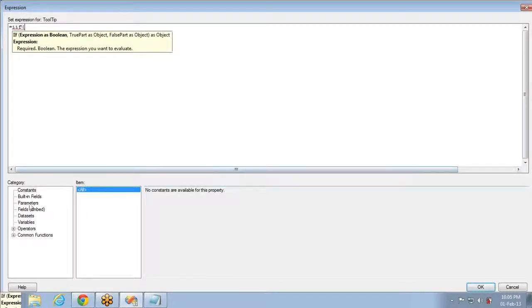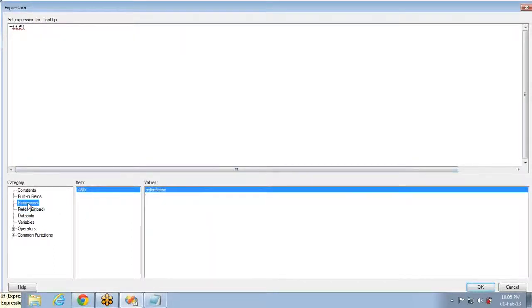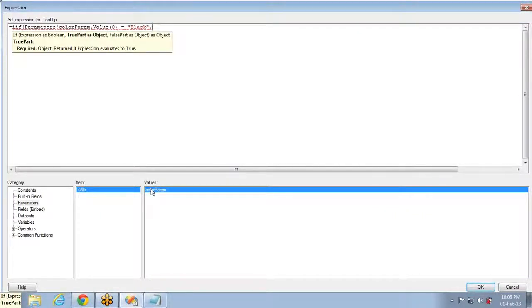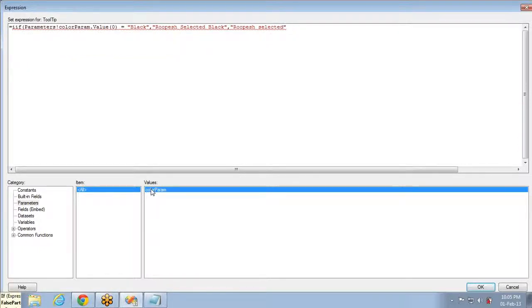If parameter dot value is equal to black, then Rupesh selected black, else Rupesh not selected black. So I'm setting a condition here.